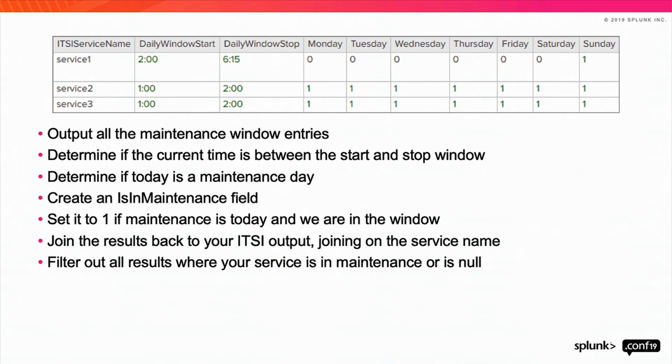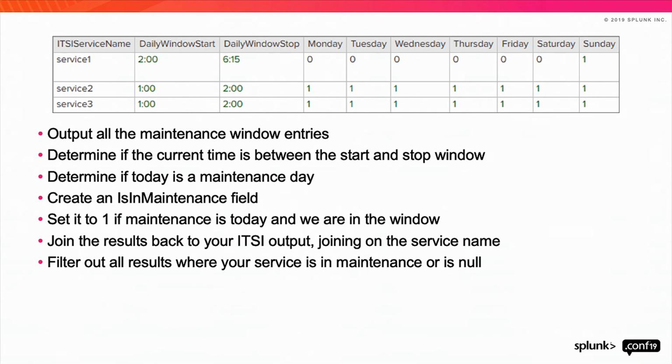One way of doing this is by lookup tables. You can see we've used a lot of lookup tables, but one option here is a lookup table. If I have a column, it's the name of my service, right? Some other columns are the start and stop time in a 24-hour period, military time, right? And then I have the days that it's in maintenance. I can then write a query that takes the current time,